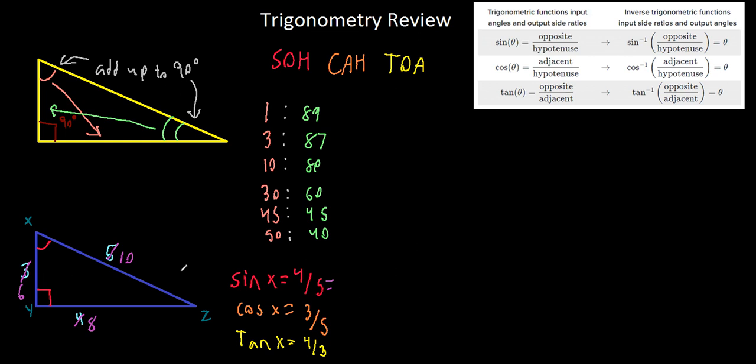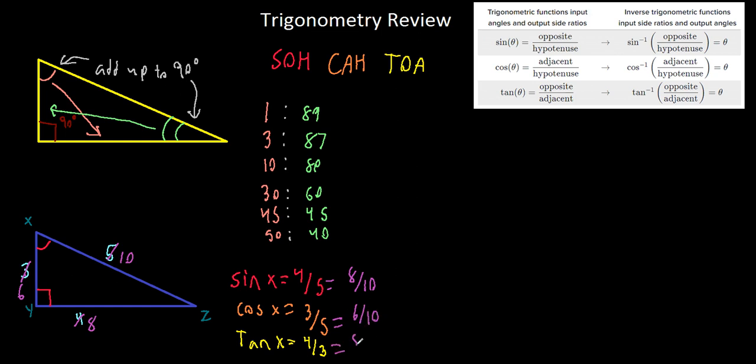if I double the sizes, the angles are the same. Is it still proportional? And the answer is yes, because the opposite of angle X is now 8, and the hypotenuse of angle X is now 10. 8 over 10 simplifies to 4 over 5, so it's still the same. The same thing is true here. It's 6 over 10 simplifies to 3 over 5,